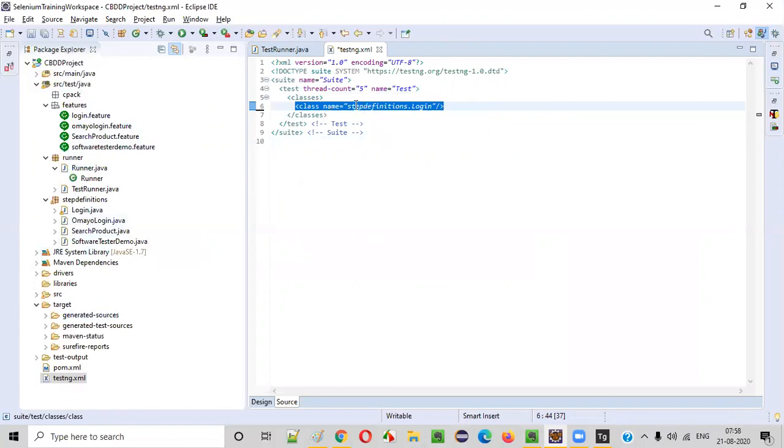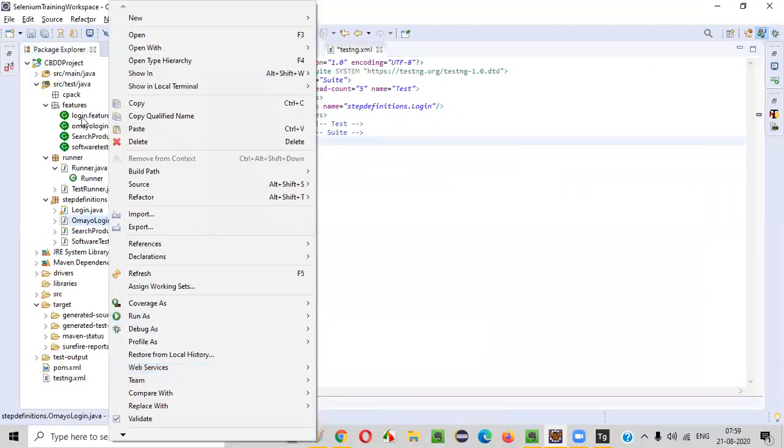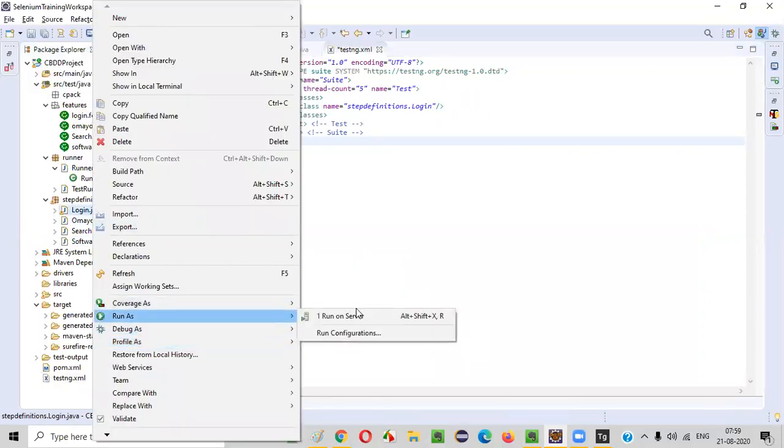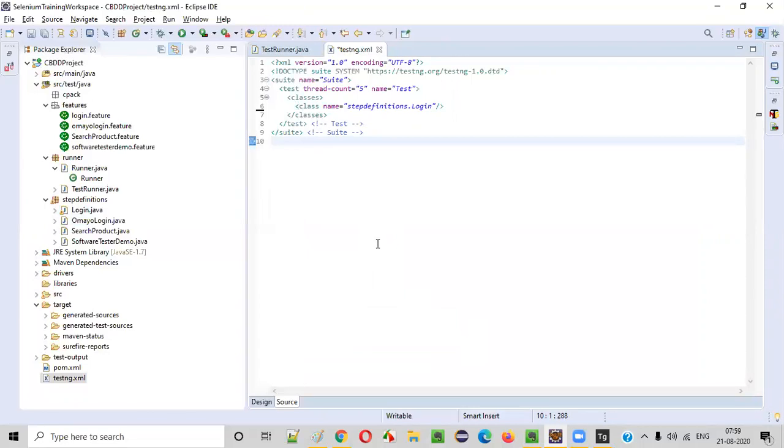We cannot provide the step definition classes here in the testng.xml file. Which class should be provided here in order to run these feature files? You already know the answer, guys. Forget about TestNG. If I have to run these feature files, which class will I be running? Will I run this step definition class in order to run the feature file? For example, if I want to run login.feature, do I have to right click on login.java and then run it? Or which class do I have to run? Tell me, guys, from where am I running? Very simple, guys. You have to answer.